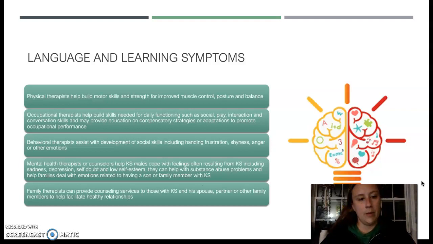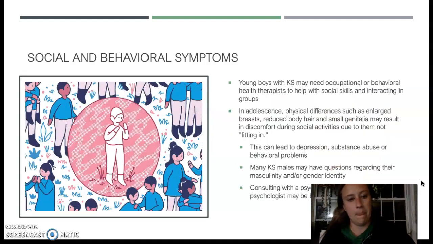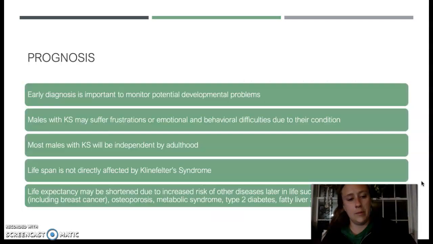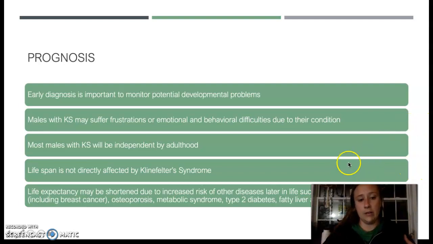Physical, occupational, and behavioral therapists and mental health therapists and counselors can kind of help with cognitive deficits, muscle control problems, and different ways to cope with the disorder. Social and behavioral symptoms is kind of the same. Different psychologists and things will help them deal with their symptoms. Prognosis is great. Lifespan is not affected by Klinefelter syndrome, but it can be shortened due to the risk of other diseases such as cancers, osteoporosis,